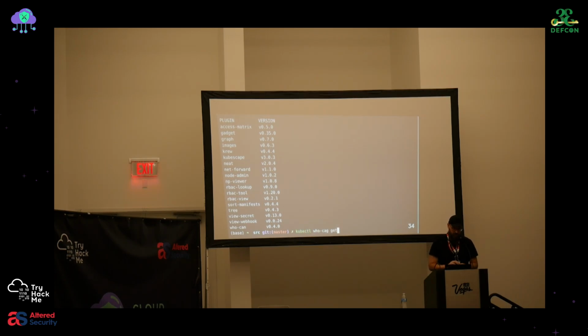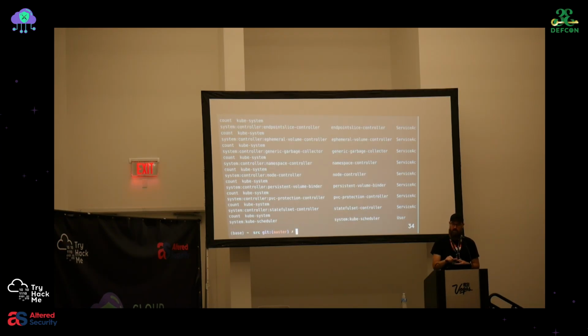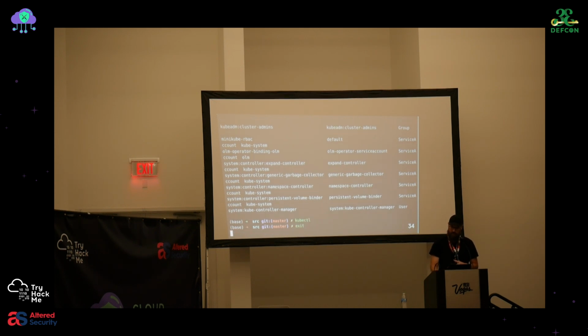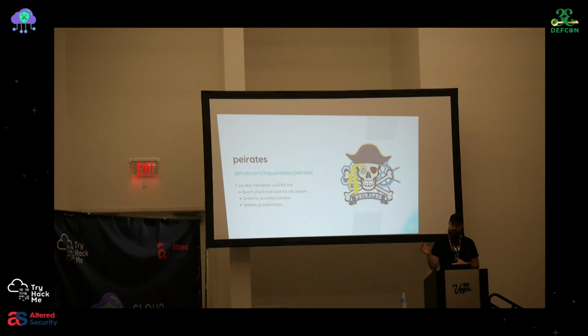Access Matrix is useful. But just a simple example is who-can. You've got built into the API, probably a lot of people know the auth can-i, with my service account token, can I do this? But the who-can is the inverse, where we can say who can access secrets, who can do something inside the cluster. So a lot of really interesting tools.